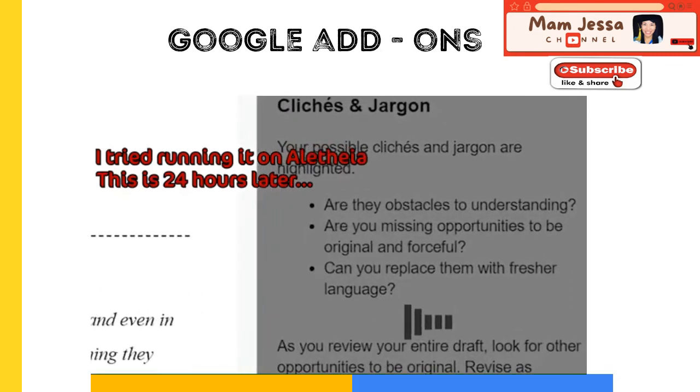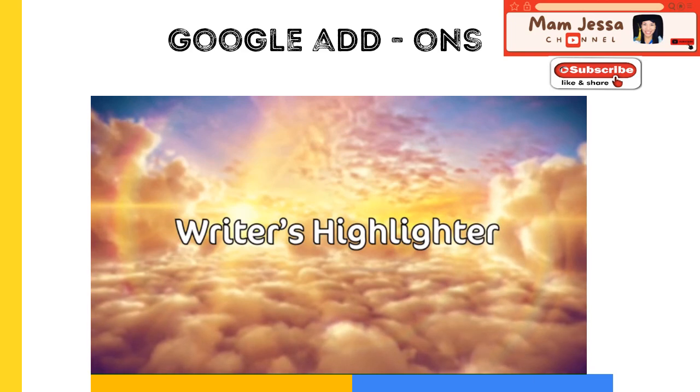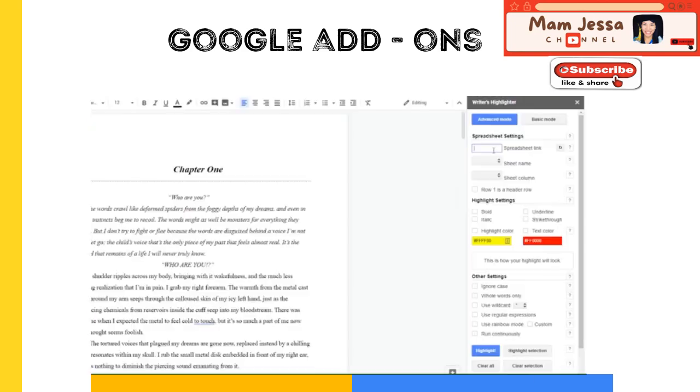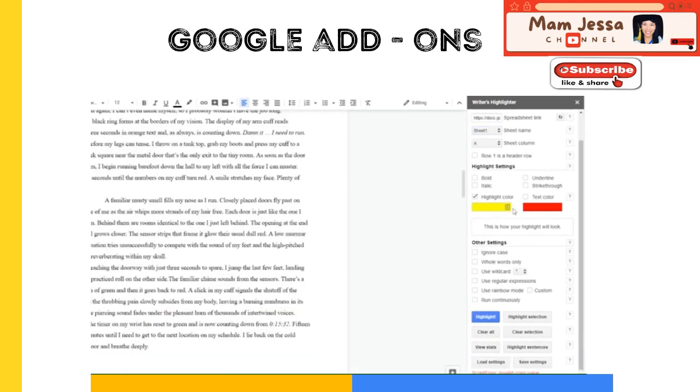And last, and probably least, is Writer's Highlighter. So one of the big perks of this is when paired with a simple spreadsheet link, this will go through and highlight any words in your spreadsheet. During your editing phase, this can be super helpful because you can fill in the spreadsheet with words you commonly overuse. And then this is also a good place to put words you know you commonly